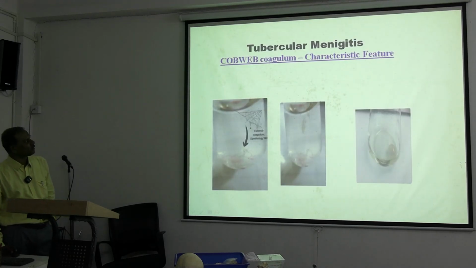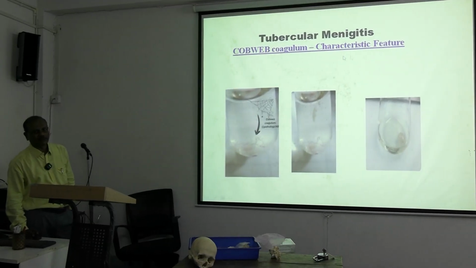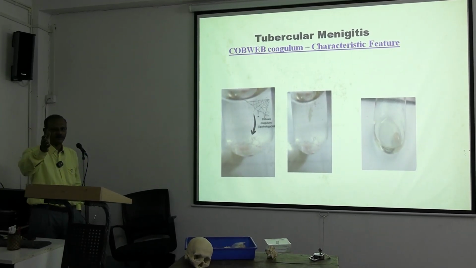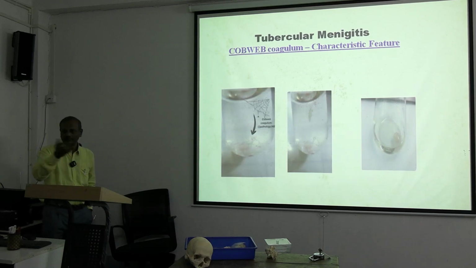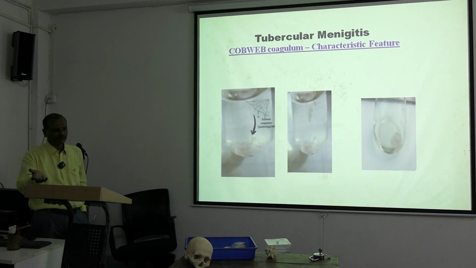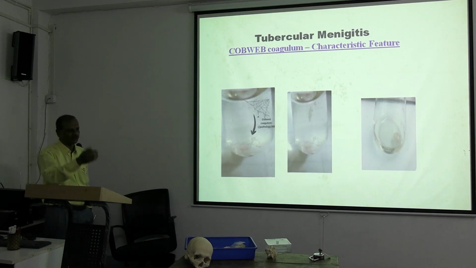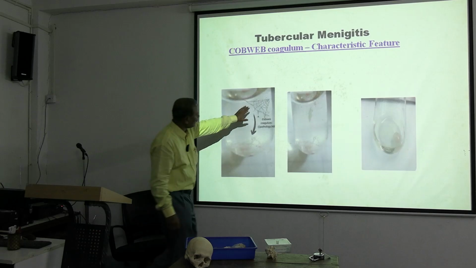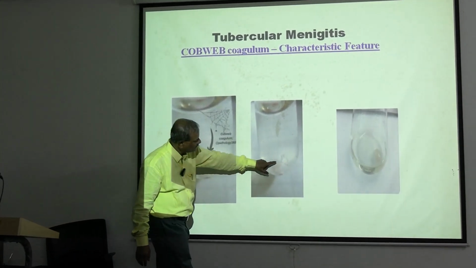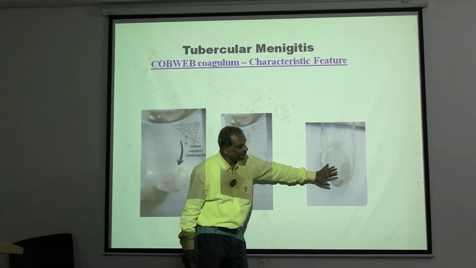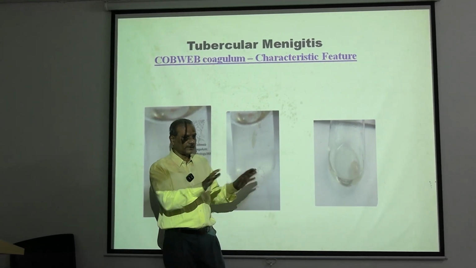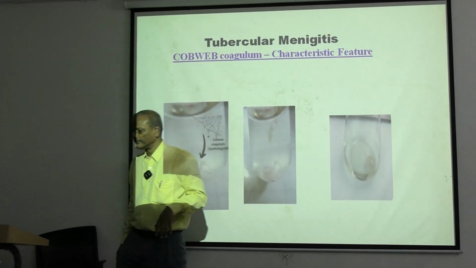Tubercular meningitis, coagulation is the characteristic feature, but it takes about 12 hours, overnight, so you have to keep the sample overnight and then see it in the morning. In our time, there was not so much advancement of science, so we had to keep this and see on the next morning. And you will see a clot like this. If this type of clots are there, and this is mycobacterial, bacteria may be trapped in the clot. So from that, bacterial staining can be done also very well.